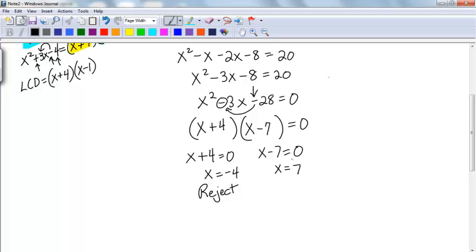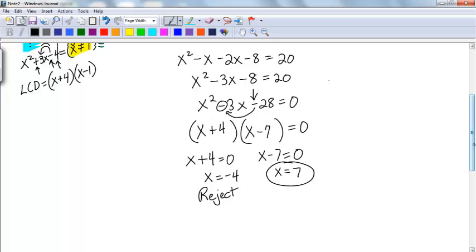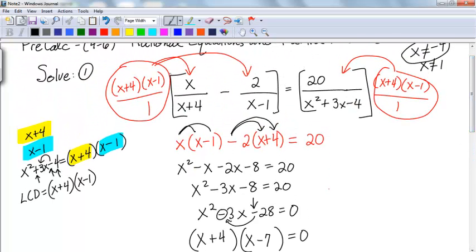That does not work. So x equals 7, and you should be able to check. If you substitute 7 back in, you'd have 7/11 minus 2 over 6 equals